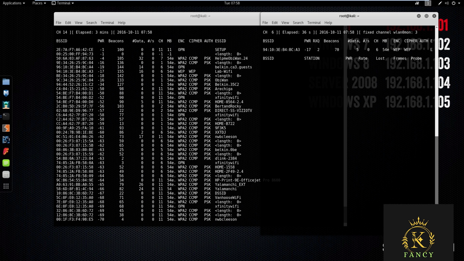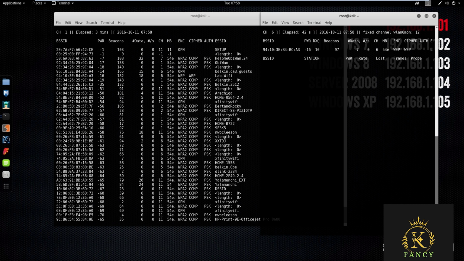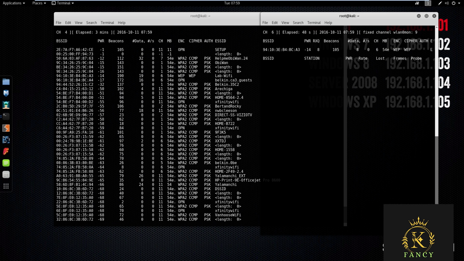Now, the more beacons, the higher the likelihood of being able to actually break WEP. Now, it takes quite a bit. This demo is going to be probably between 20 and 25 minutes long if I didn't cut it down to size. So, what this capture is doing